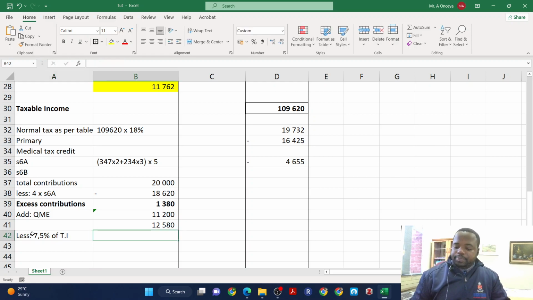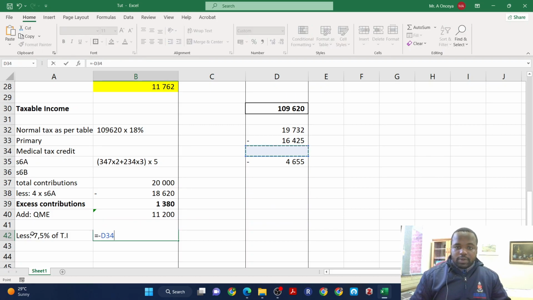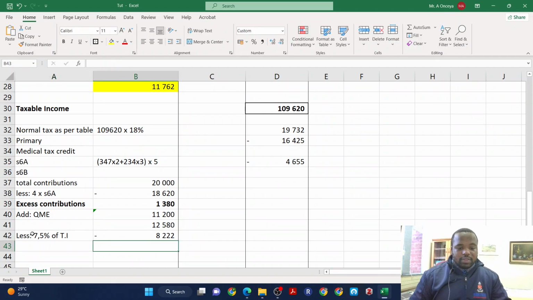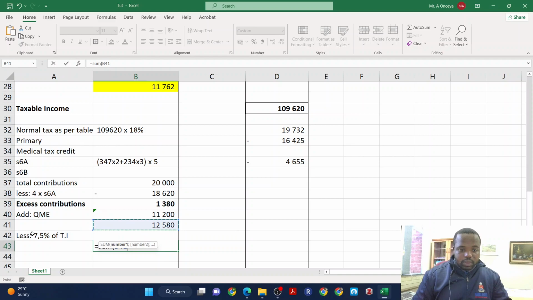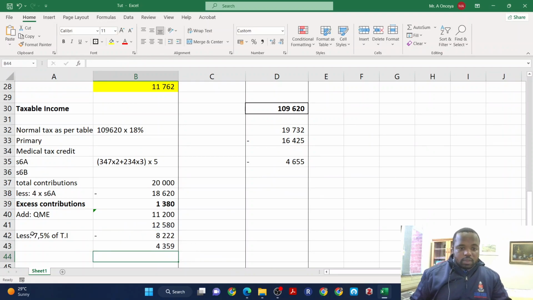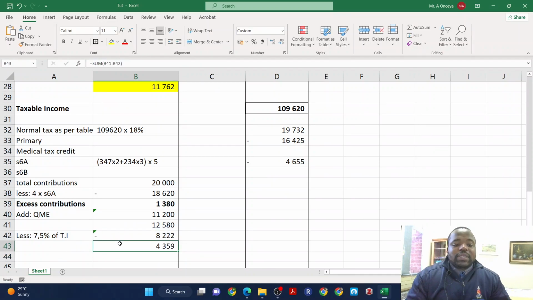Right, so you say equal to minus our taxable income times 7.5%, and then we say that equals,